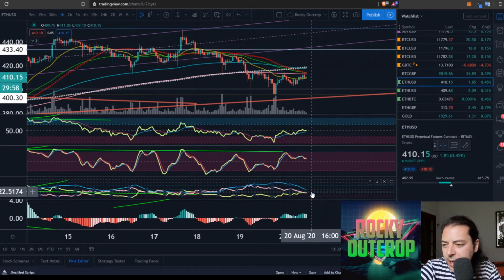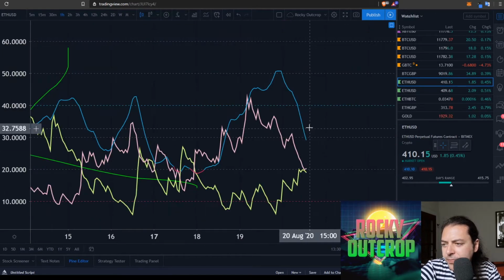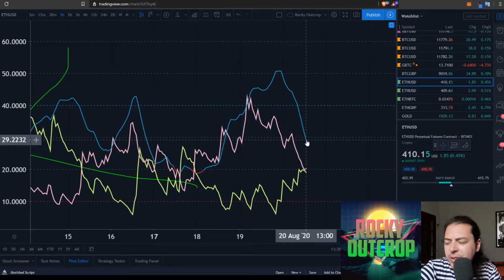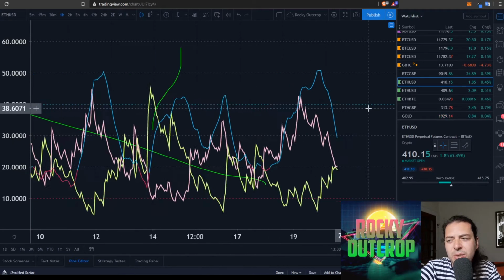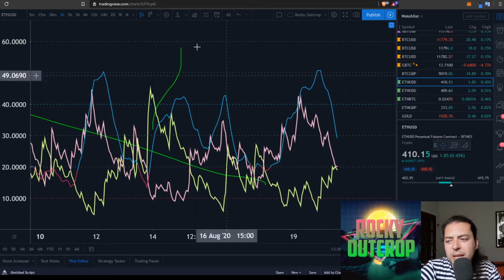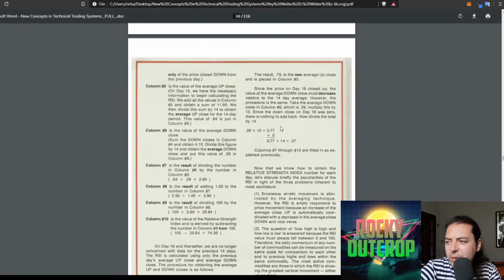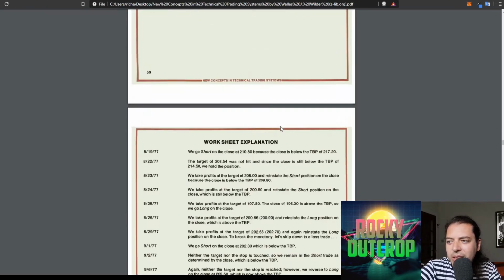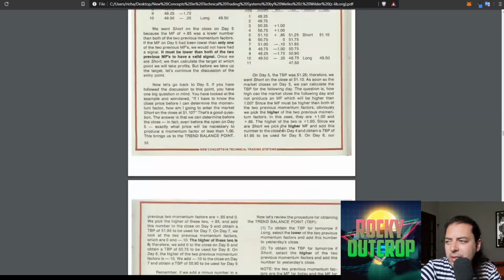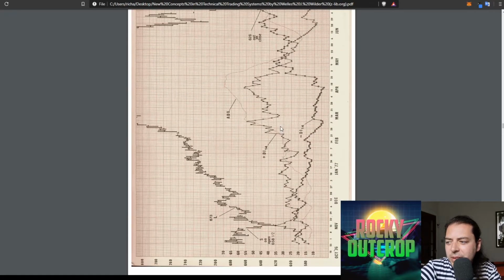Looking at the DMI here, we've got the ADX coming right down to 29. Below this I put horizontal lines on here, 40 because it's quite a significant zone, 30, 20, 10, all that sort of stuff. Now, if I go over to the textbook about the DMI, because this is something that we do here on the channel, you can see in the background that they haven't got these zones marked out.